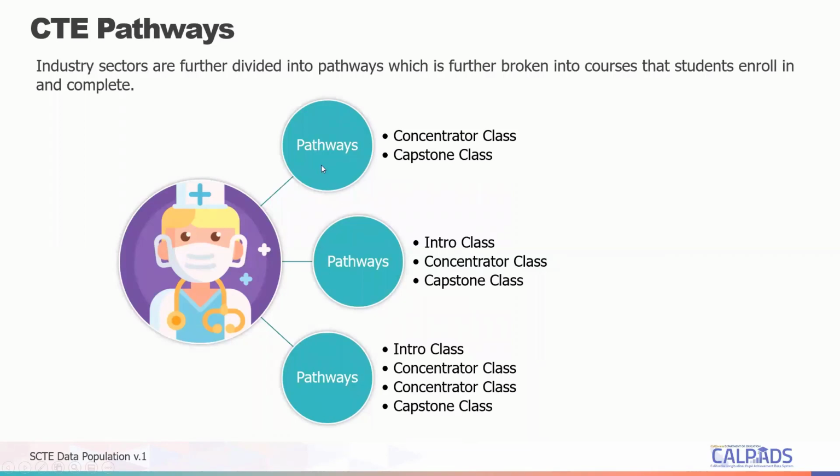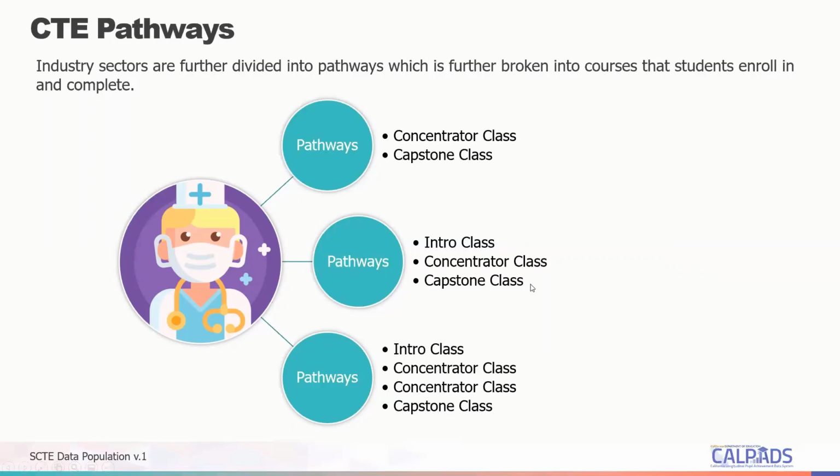A pathway could be a 2-course pathway, a 3-course pathway, or a 4-course pathway, depending on the total number of hours needed to complete a pathway. Generally, you may have a 3-course pathway. You have the intro class, the concentrator class, and the capstone class. The classes should be taken in order. The capstone class is the last class that should be taken, as this will identify a student who completes it